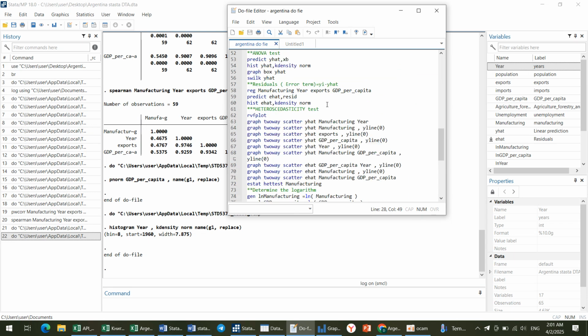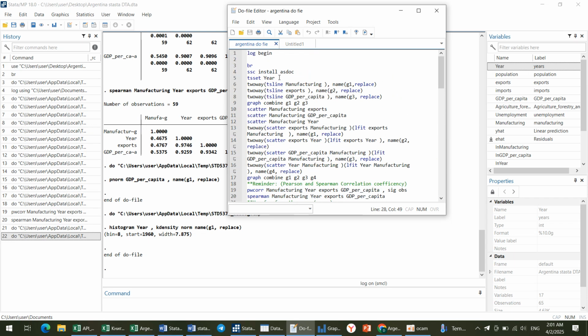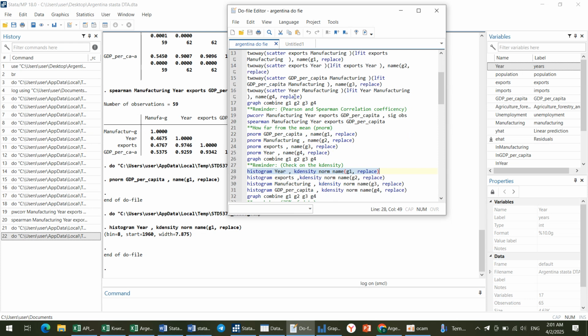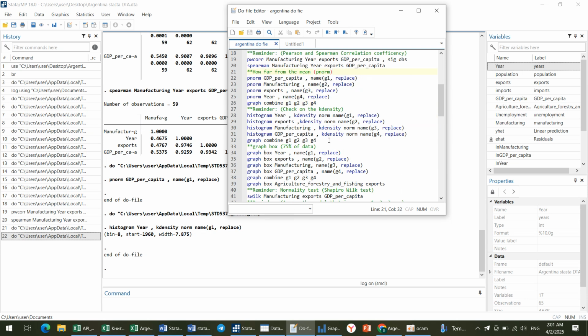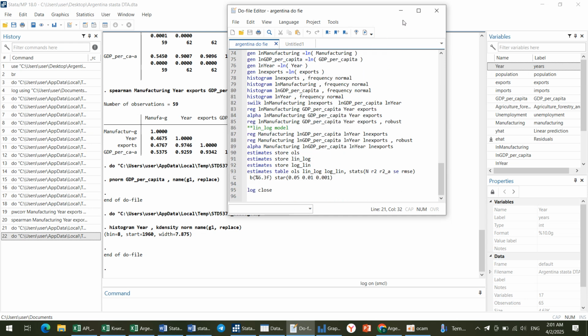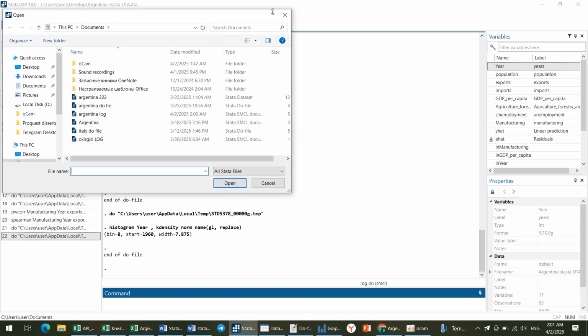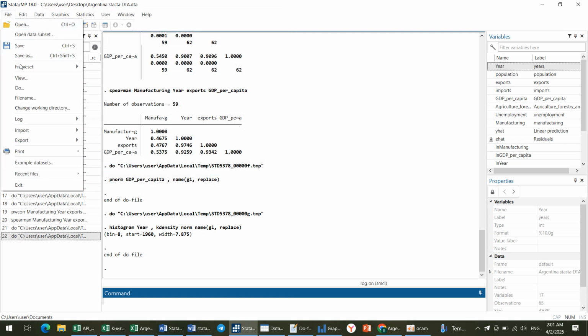Now, there is the do file actually. I did it before, the codes and the comments, and at the end you